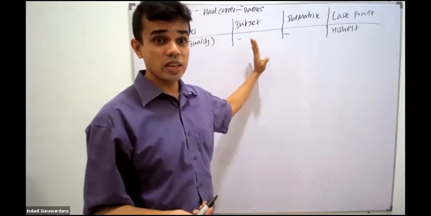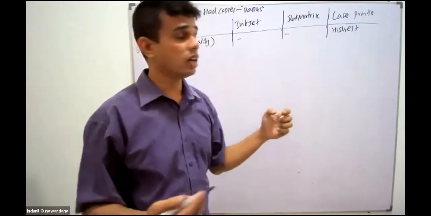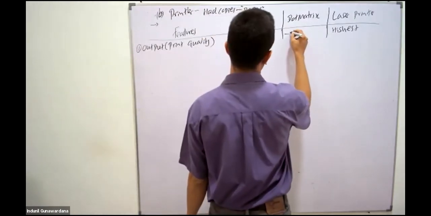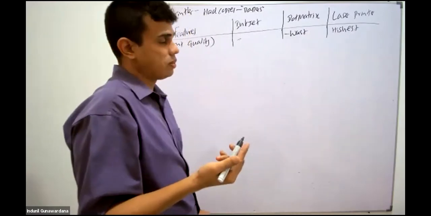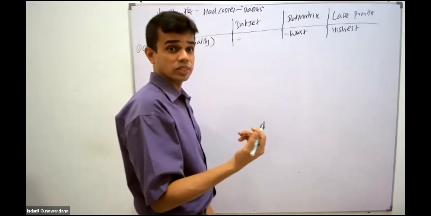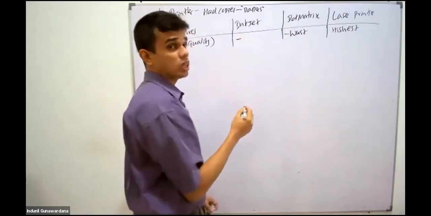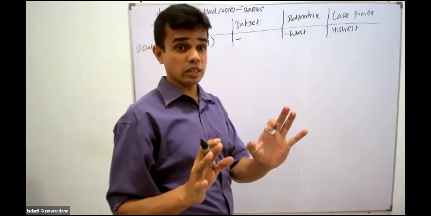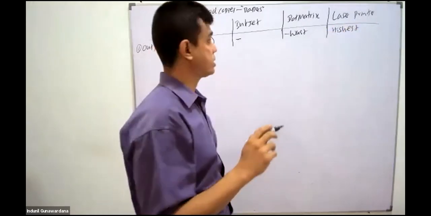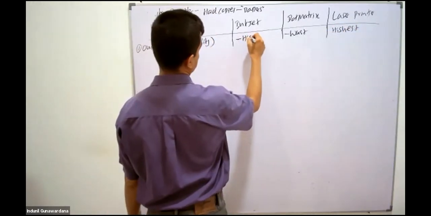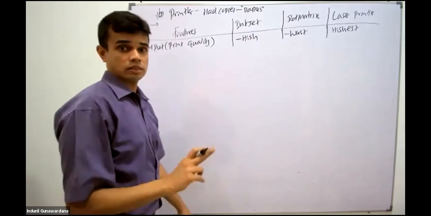Then among these two, which has the weakest, the poor quality? Dot matrix. It gives you only black and white, with dots. So this is the worst quality. I may call it worst or bad, any word works. And inkjet is giving you, we can say, high quality. The color printing you get is high, but not the highest like laser. So I may call it high. This is just a comparison.